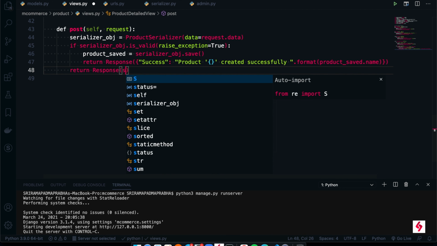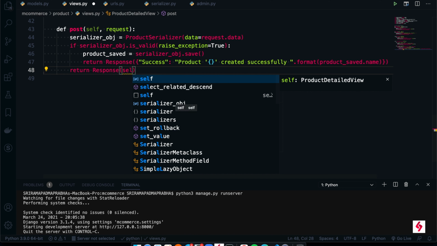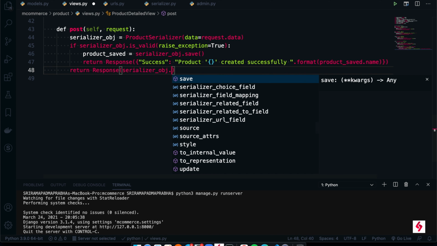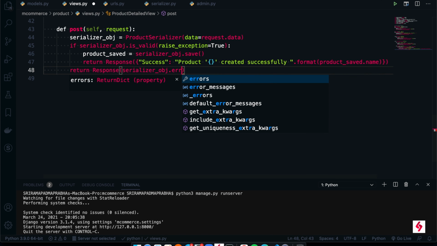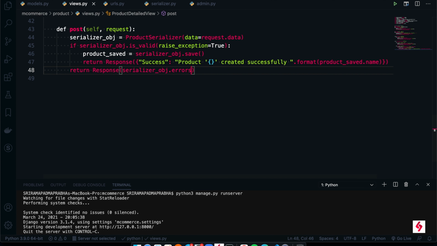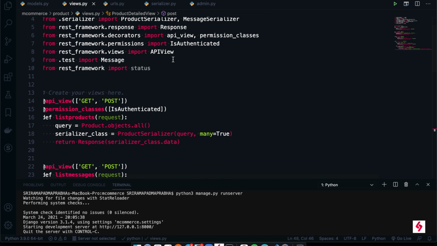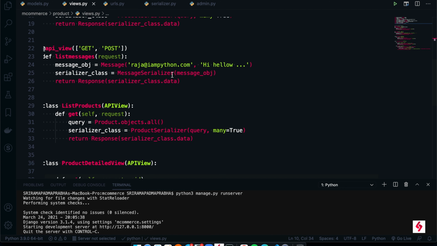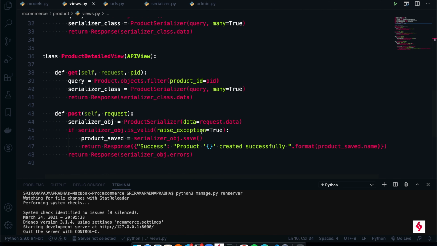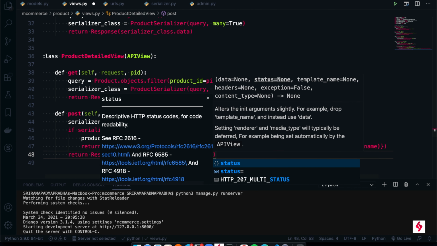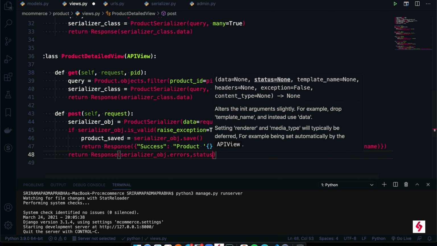For this response, we can use the serializer object. I'm just going to copy this object here. Serializer object, it basically has errors. So we can use it. If you want to send the status also, we can send. That's very simple. REST framework by default has the status, like from rest_framework import status. So I can take this status and add it here also if you want. Say that status is equal to